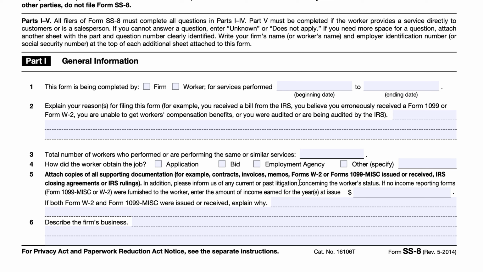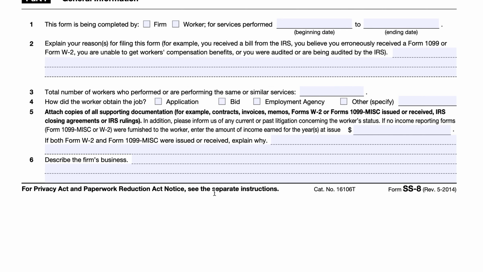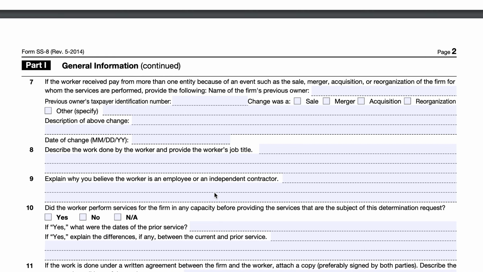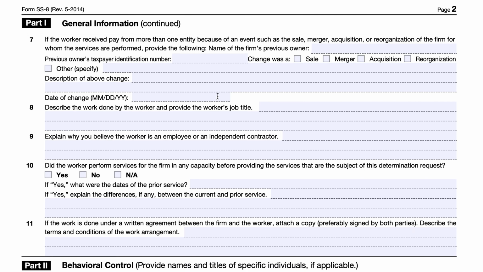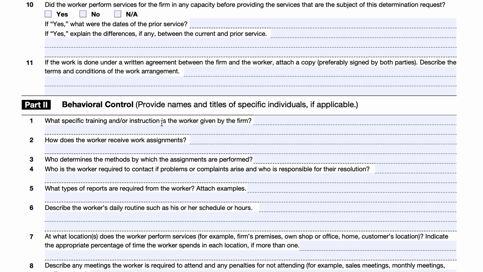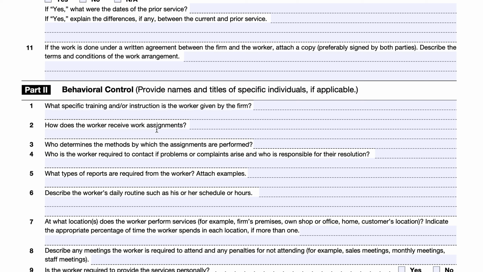Any IRS correspondence, rulings, employment contracts or work contracts, invoices, memos, things of that nature. There's really not a whole lot of additional documentation requested for Part 1. In Part 2, we're getting maybe a little more specific information about how a worker receives work assignments,